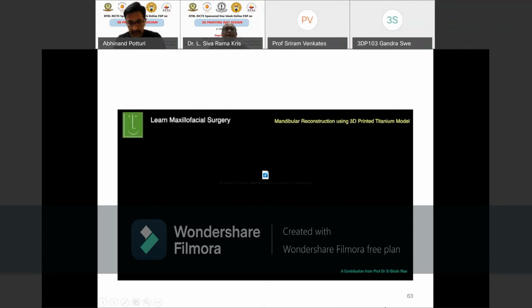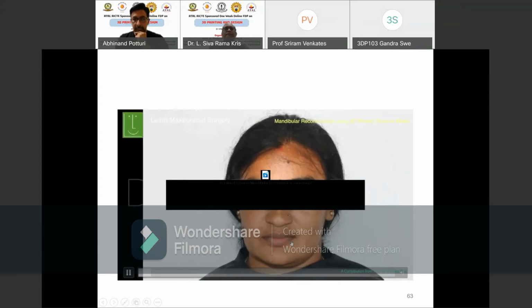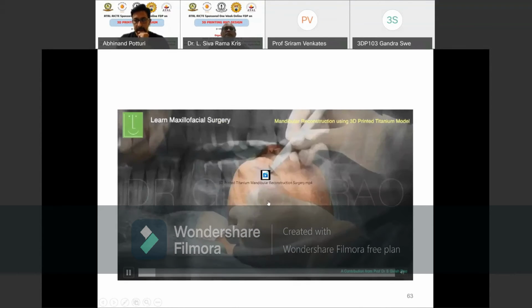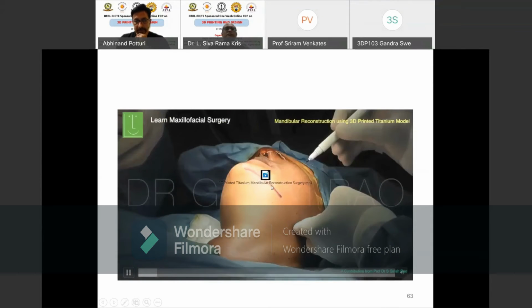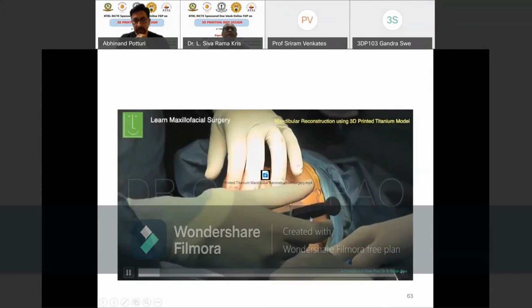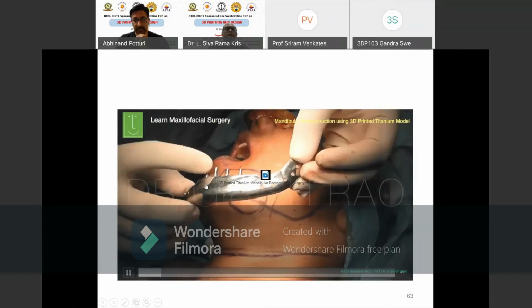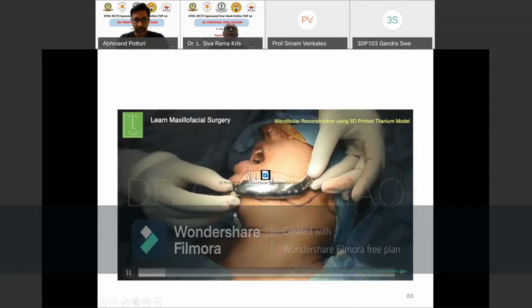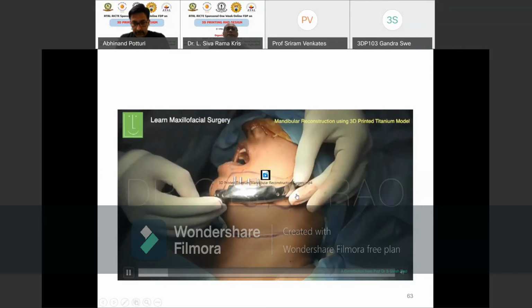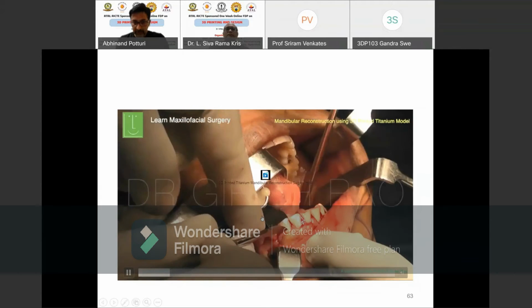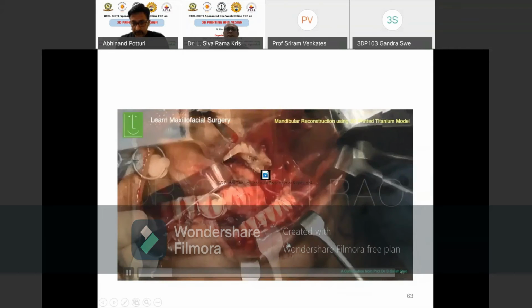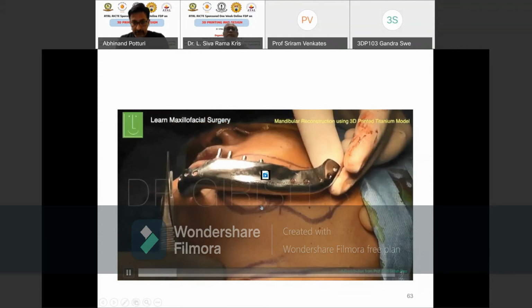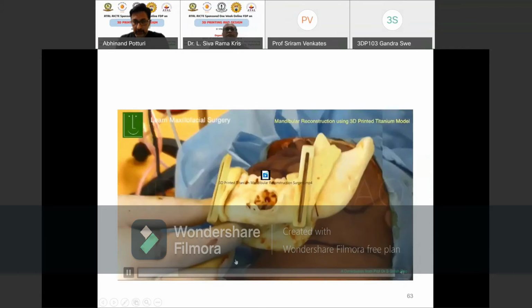No problem. I'll explain. So this is again a young girl. I can see here she has a huge tumor on the lower jaw. This is a surgical procedure where a patient-specific 3D printed titanium implant is used. You can see this is printed particularly for this patient. So this is a surgical video. You can see that her lower jaw bone will be removed, and then we will be putting that printed implant.